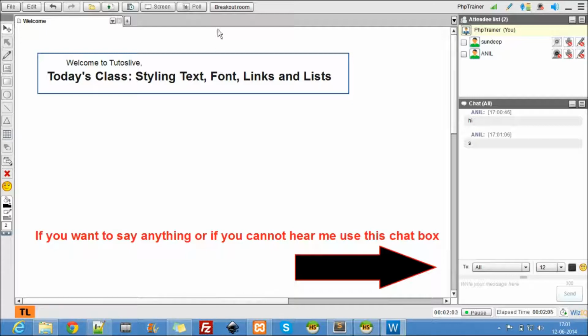Okay, fine. So yesterday we saw the background property and the color property. Today's class will be about the styling of text, font, links and list. With this, I suppose we will be done with 40% of CSS and you will be good to start designing websites, because most of the time it's all about styling the font, the links and the list. The only bigger part left is the box model.